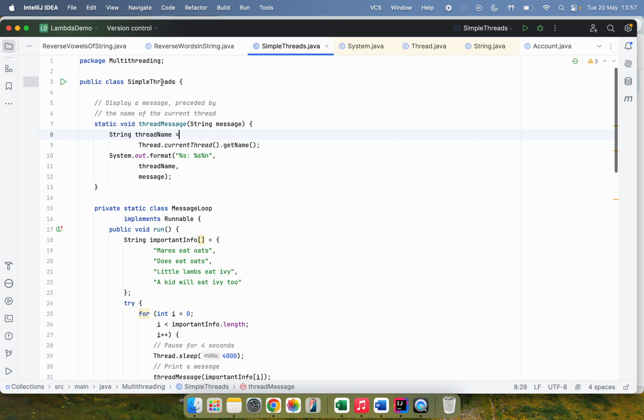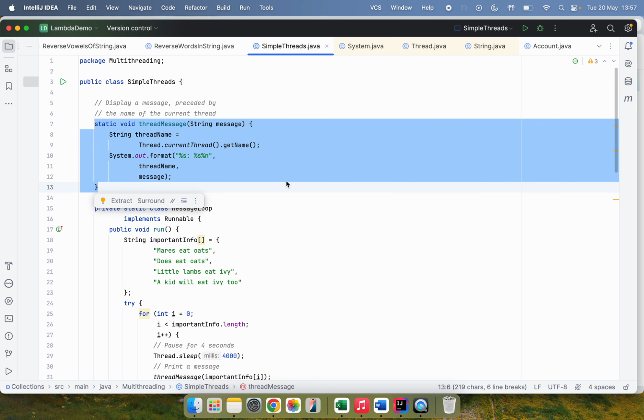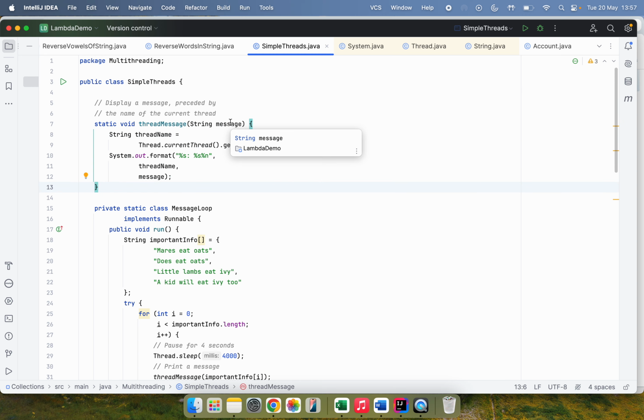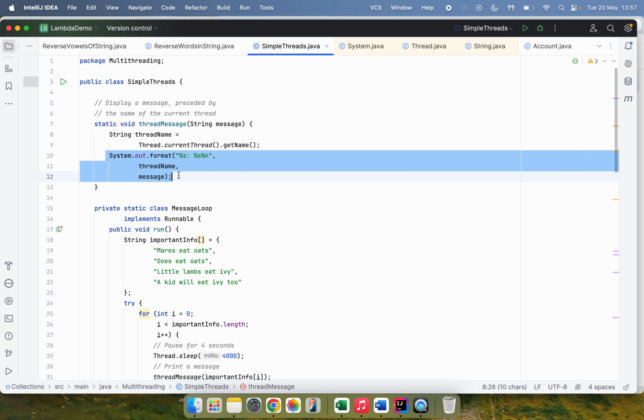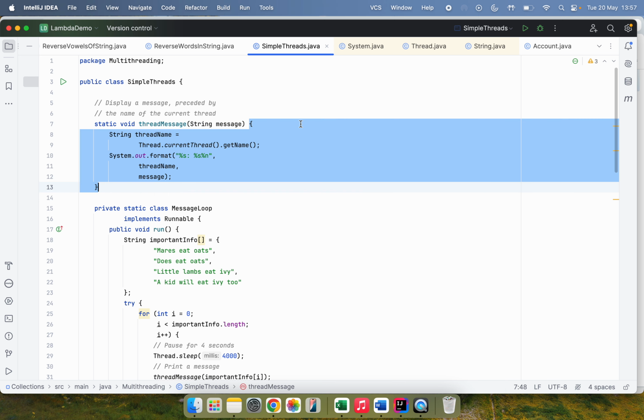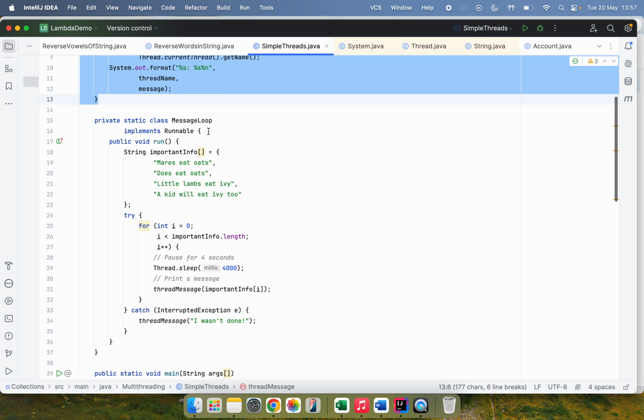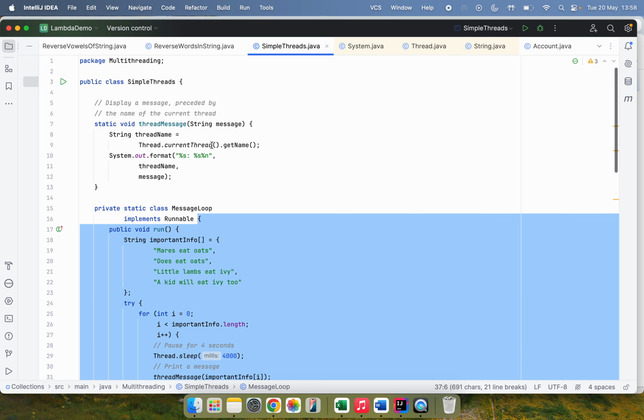class, which is the SimpleThread class, in this class we have a static method which is basically expecting a message, and it gets the current thread name and prints a simple message with the thread name and the message passed to this method. And we also have another static class within this parent class SimpleThread,